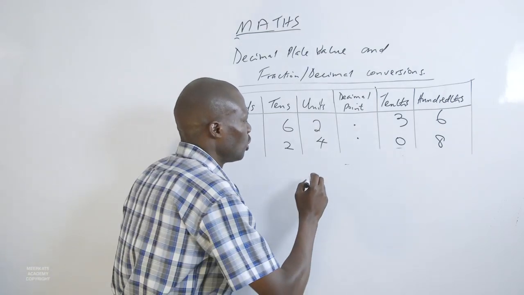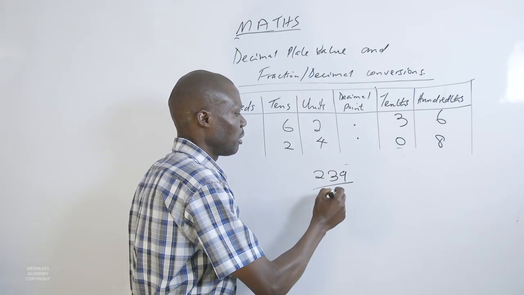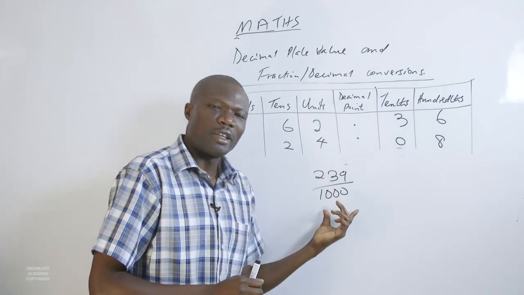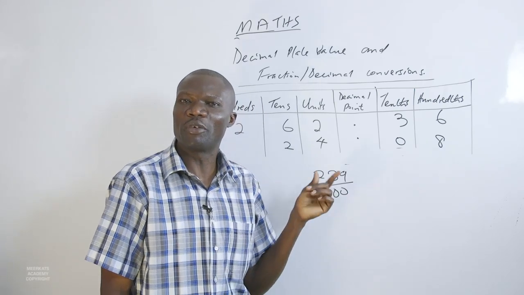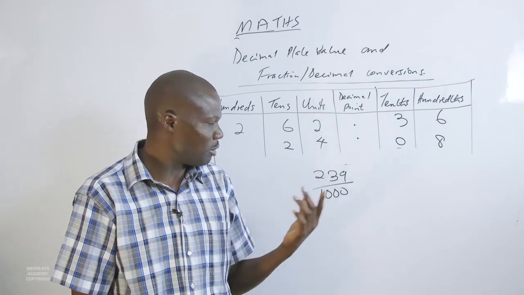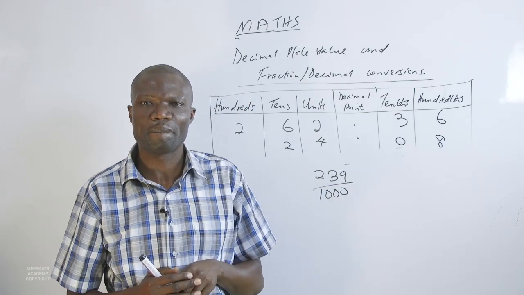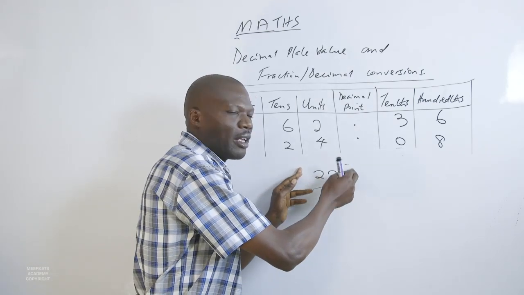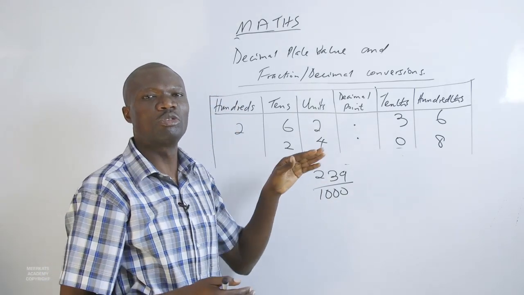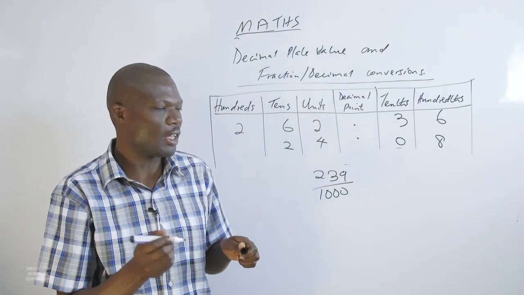For example, 239 over 1,000. So we are saying the number of zeros determines the number of decimal places. At this point, we don't have decimal places. We know the number of zeros in the denominator. So from the far right, where this number makes this fraction complete, we shall count the zeros as we move to the left. If the zeros are 3, for this case,